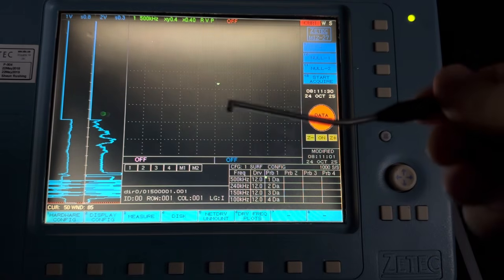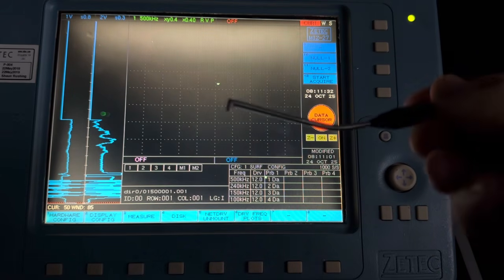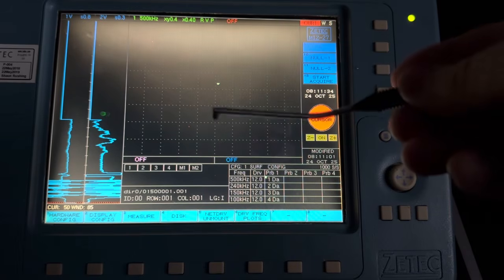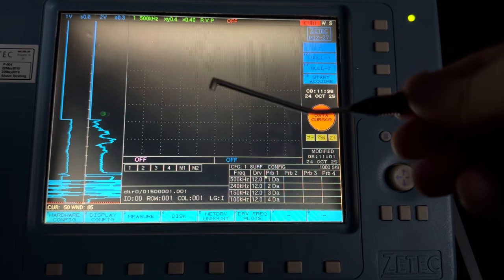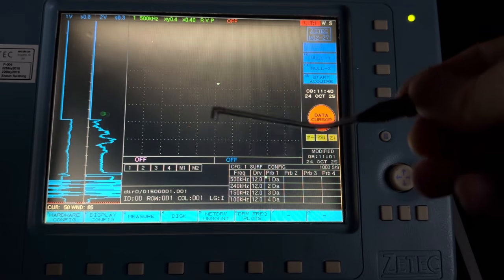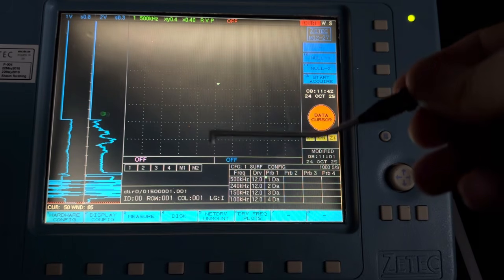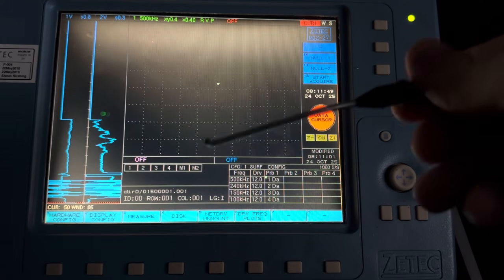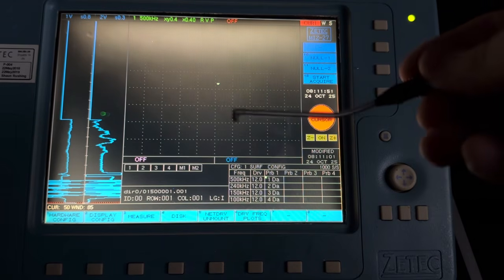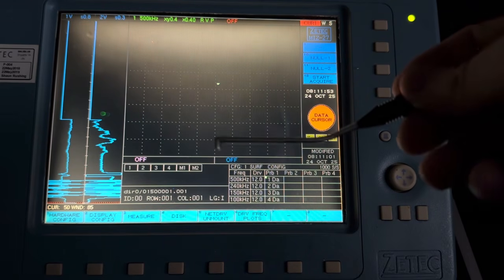This pencil probe has a pancake coil in the tip of it, and this is used for scanning the surface of conductive materials. Very thin, because you can only inspect as thick as your coil is wide, basically, right? You're very much limited to the depth of this pencil probe. You're usually running at a high frequency also, but you can be basically scanning the surface and very near surface